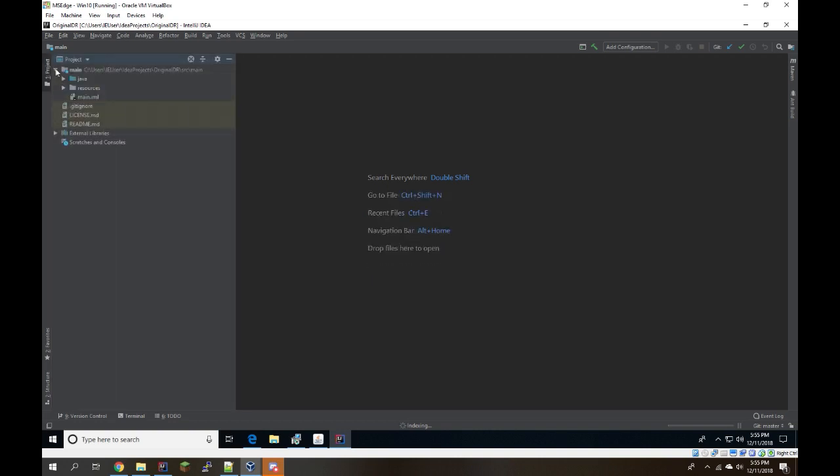And it looks to me, yeah. So essentially, we should wait for it to index. Alright, so now that it's done indexing, what we're gonna want to do is switch to a different branch. So down here in the bottom right corner, you click on where it says Git Master, and